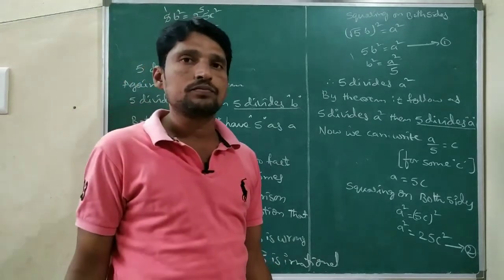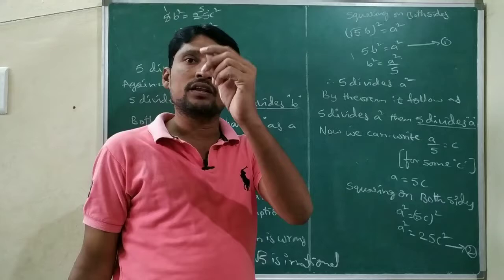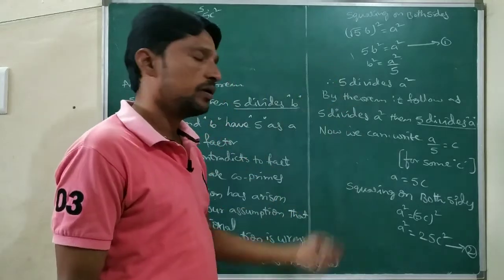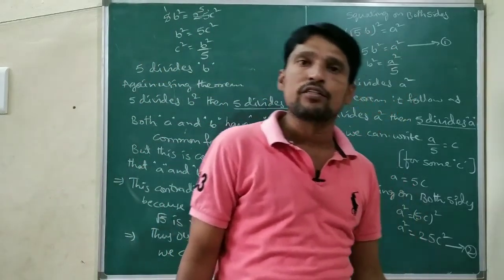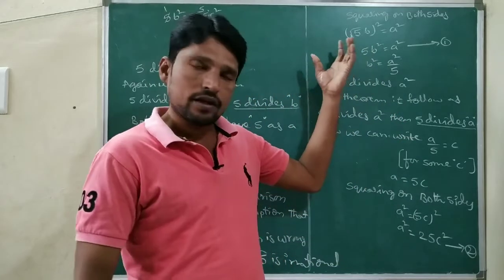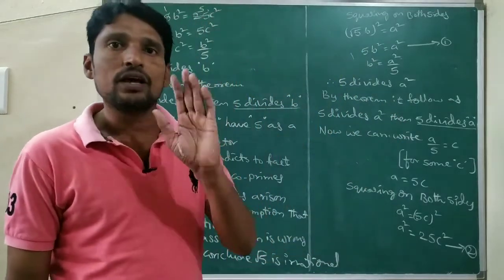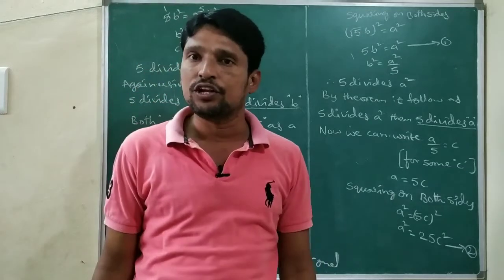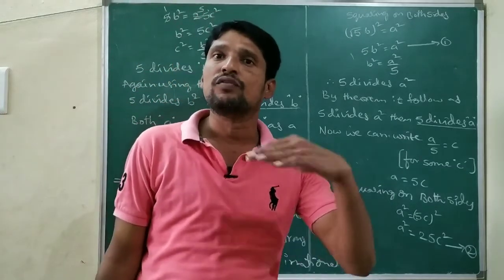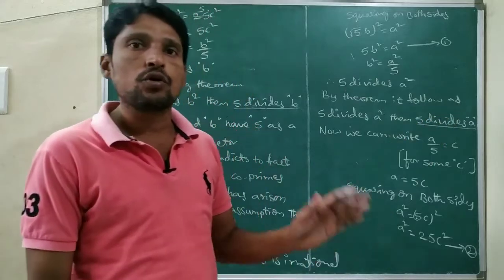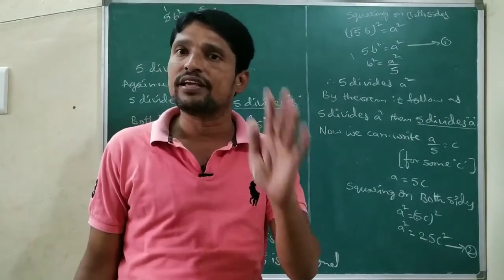Hence proved. So once again, just within 1 minute I will complete this problem. Listen carefully. It is a very important topic for board exams, and the concept is also very useful to you. Here we need to show root 5 is an irrational number. So we are using proof by contradiction. Proof by contradiction means we are going in the negative way. So assume root 5 is not irrational. Not irrational means it is a rational number.